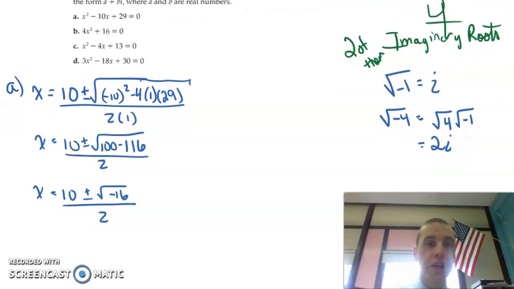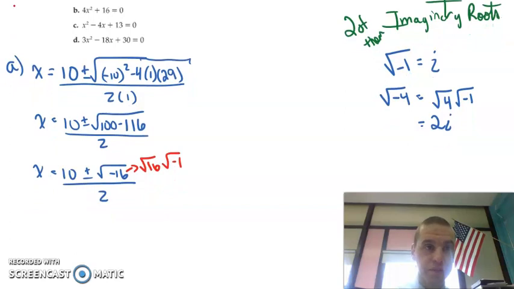Now this is where we see a negative number, and in the past we've just said no real roots. This is where we have to now change this. This is the square root of 16 and the square root of -1. So we're going to get x equals 10 plus or minus the square root of 16, which is 4, the square root of -1, which is i,